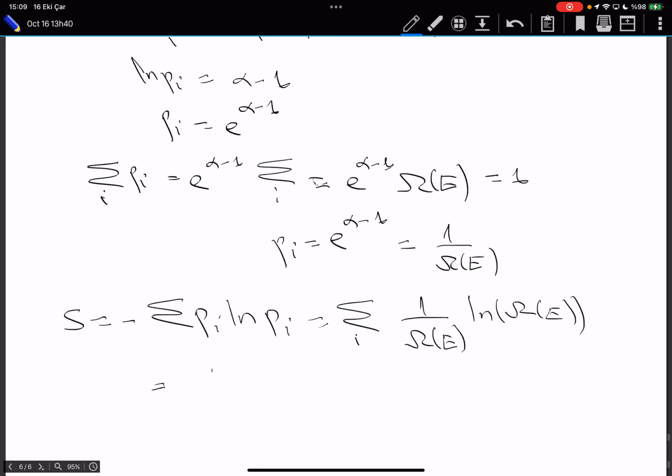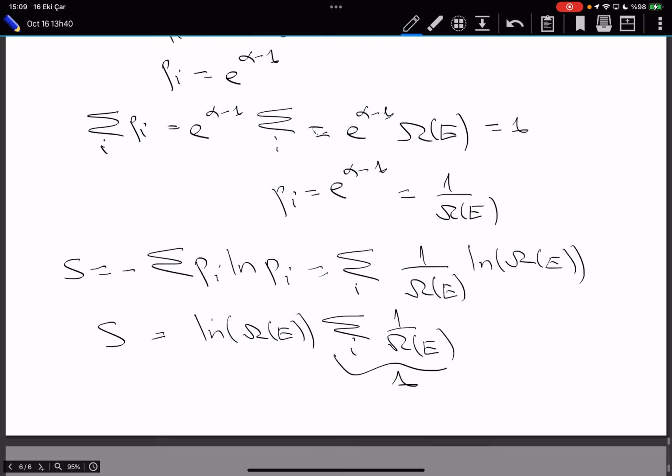Well, these are all constants. This is just logarithm of omega of E. Well, if you like, let me add, but this is just 1. So this expression of entropy